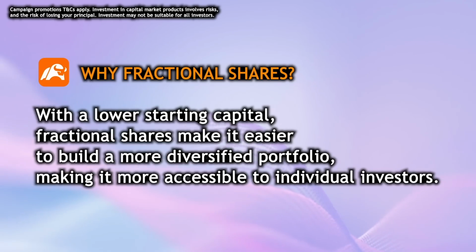With a lower starting capital, fractional shares make it easier to build a more diversified portfolio, making it more accessible